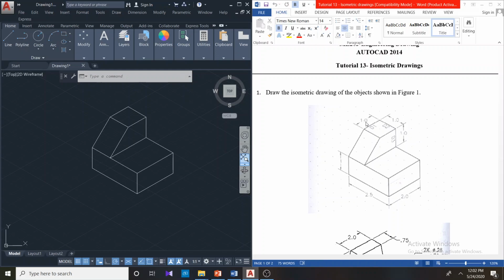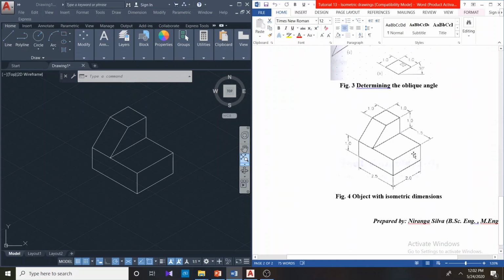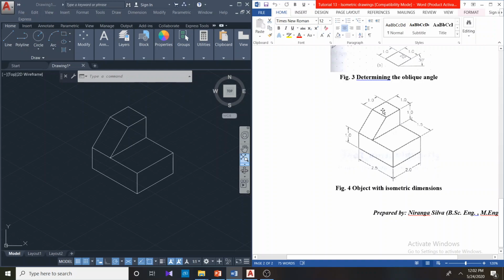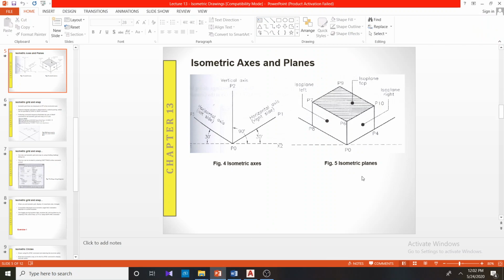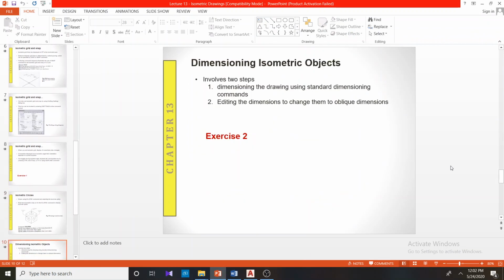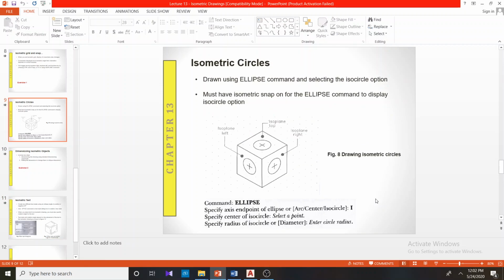If you look at the dimensions, these dimensions are not really good. These dimensions are orthographic dimensions. It's looking towards you, just like these fonts here. These dimensions are also looking towards you, but the most accurate way of giving the dimensions is this. This is also not really good. Dimensions should lie on the planes. So if you just look at our lecture, all the text should be lined on these planes nicely, and the dimensions also should be lined on the planes. Now we will look at how to draw ellipse,